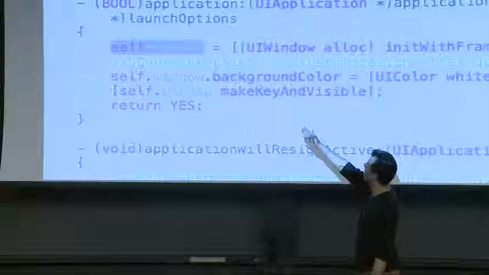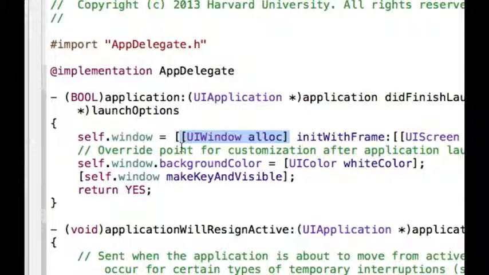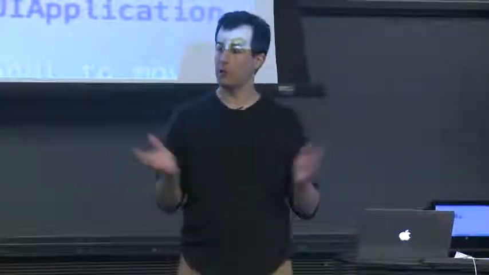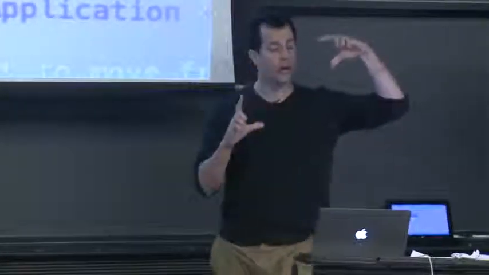self.window is going to be assigned what value? All right, so well, someone else, what does this chunk of highlighted code do for us? OK, it allocates a UIWindow object. I don't really know what that is just yet, but it sounds like something that's useful to have, a window for my application, so I'm allocating